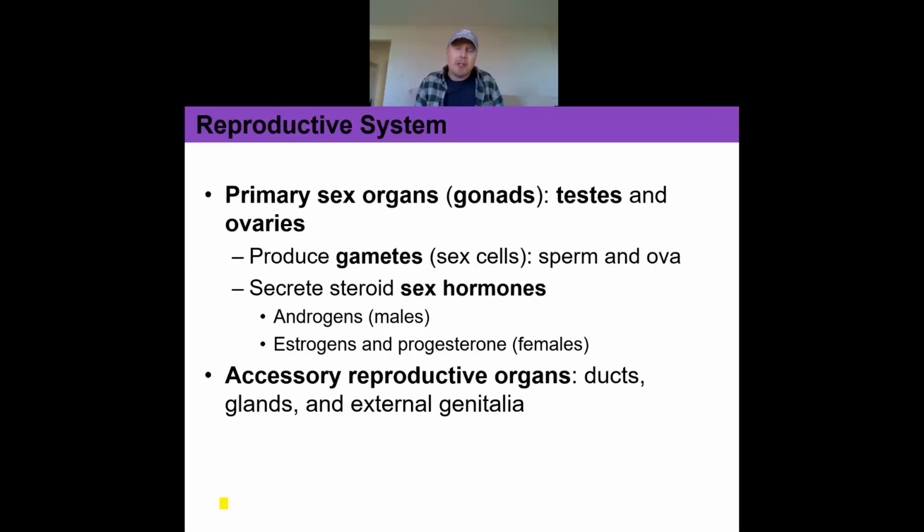There are a couple of general terms that we need to be familiar with. The gonads refer to the primary sex organs. So we have, of course, testes for males and ovaries for females. This term gonads is something you might see used quite a bit, so be aware of it. They do various things, but something known as producing gametes. So gametes